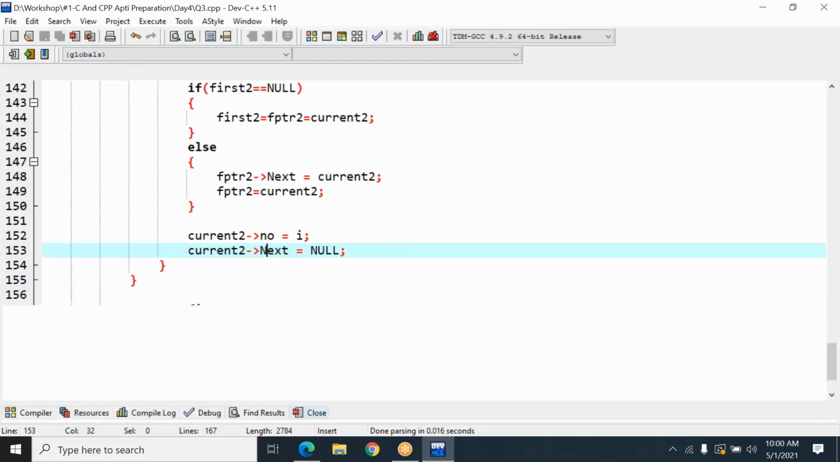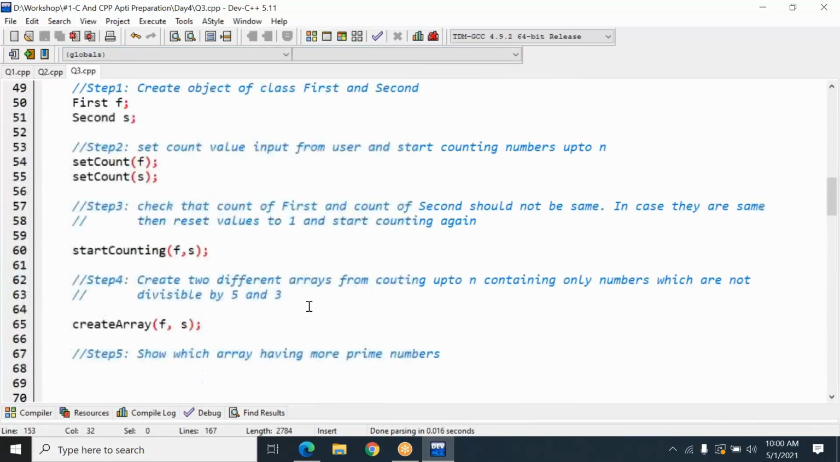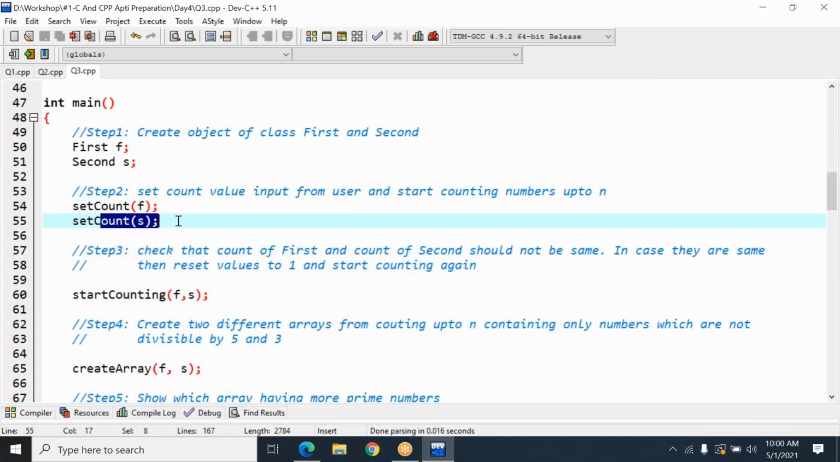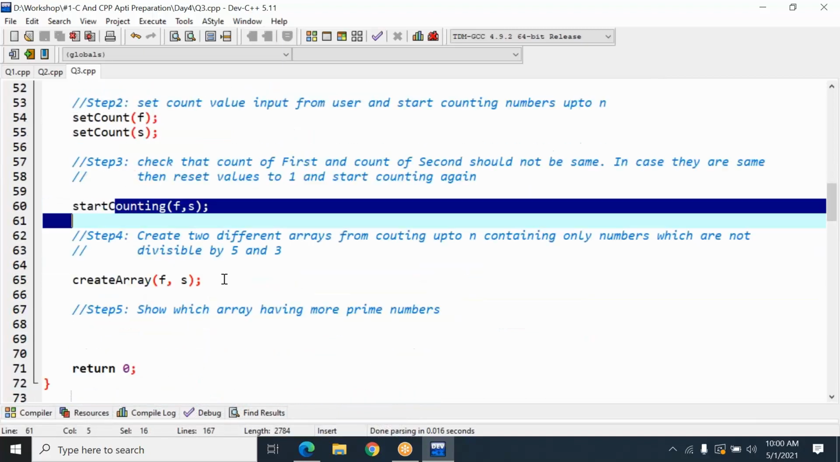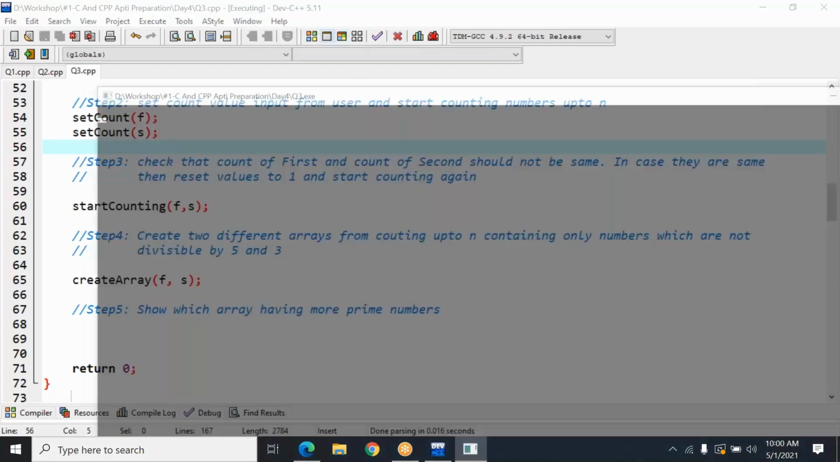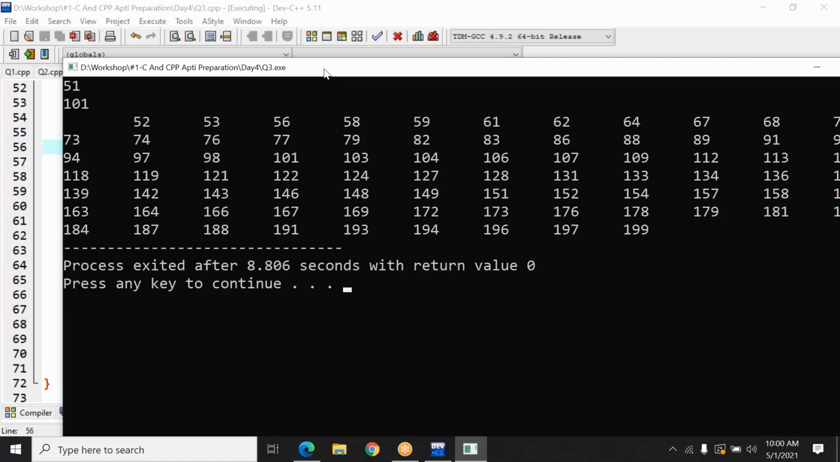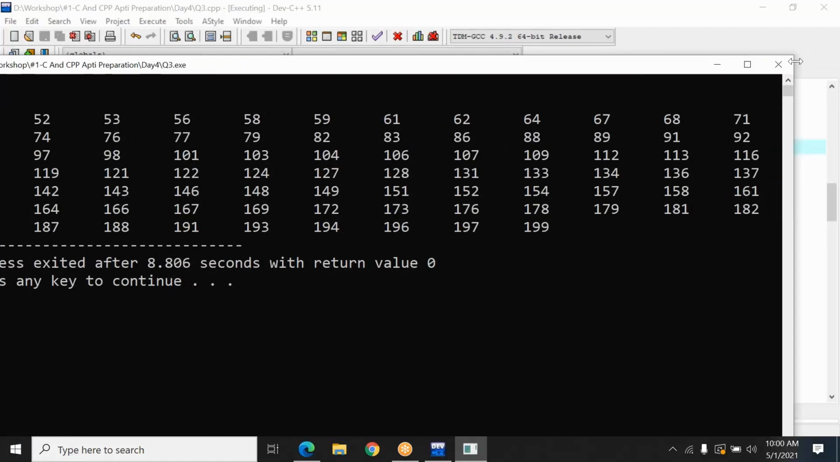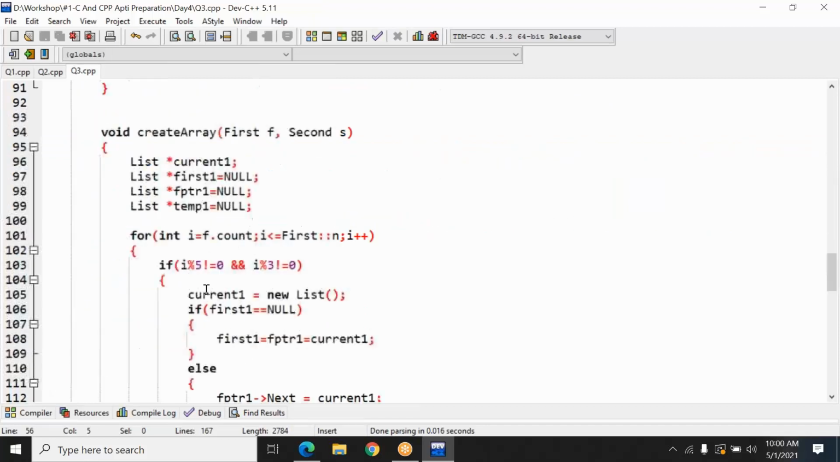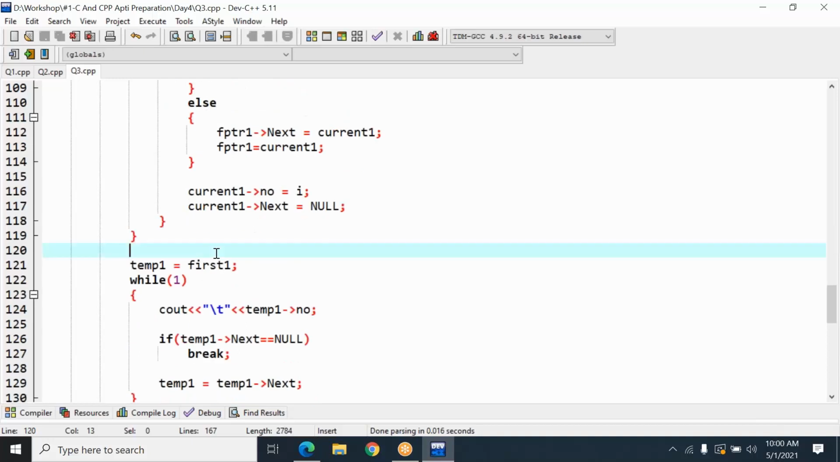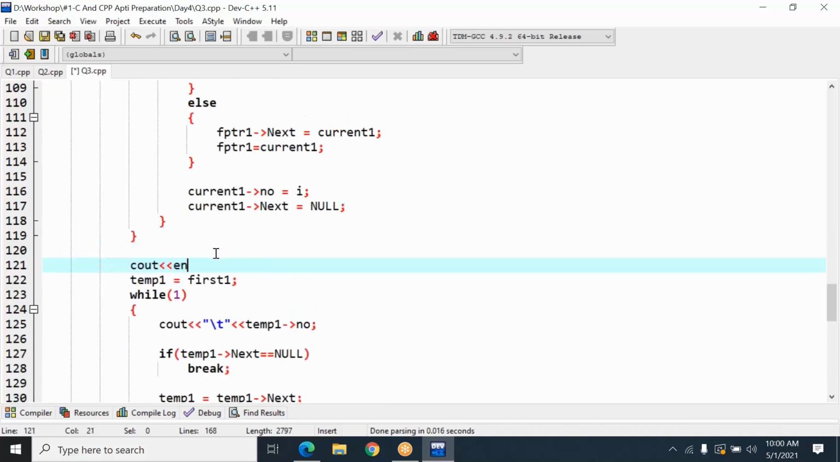Done. Now how to run this code? See the sequence. You are setting the counts, starting the counts, then the array is created. Run this code. So the start count is 51, and another start count is 101. It is showing me the two arrays. Let me separate them by typing backslash n. So here we write backslash n. The loop starts here. Here we keep a first backslash n. We just write endl. Copy this,